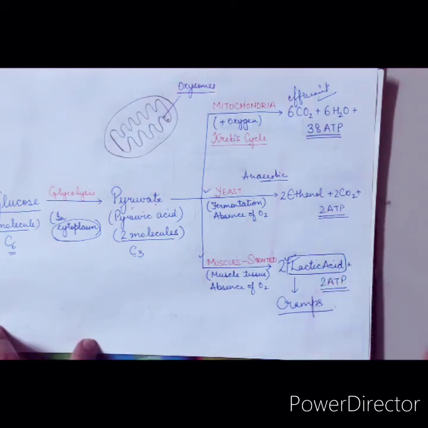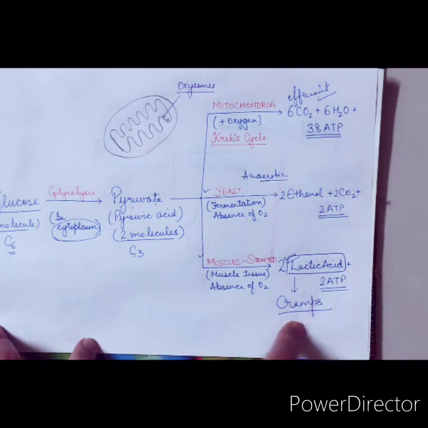So how to get rid of this lactic acid? We generally take rest for some time, we take a warm bath, and by that the oxygen supply to those muscles again increases, and this lactic acid is then further broken down into carbon dioxide and water, and again this cramping situation is sorted out.